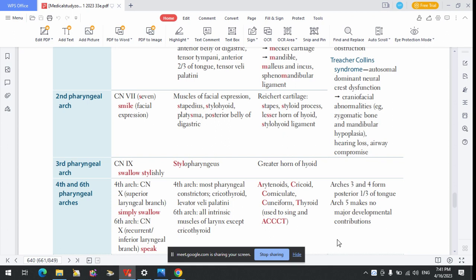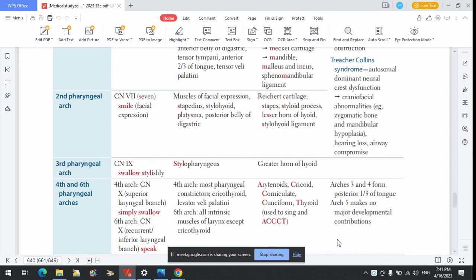the pharynx, the pharyngeal aspect of it. You don't need to remember the type of muscle. Just know the pharyngeal constrictors that are used to swallow. The pharyngeal constrictors, okay,